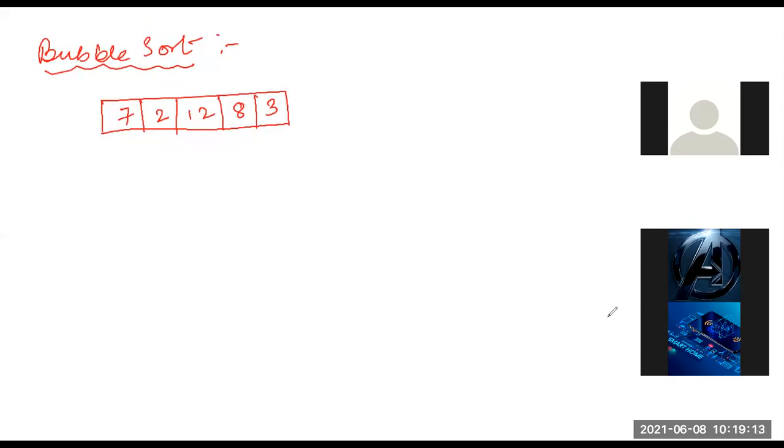Ma'am, it bursts. Yes, so bubble means the element which is largest will appear and will be placed at the last of the elements. In the whole array, after each iteration the largest element will appear as a bubble to the top and it will be placed at the last.